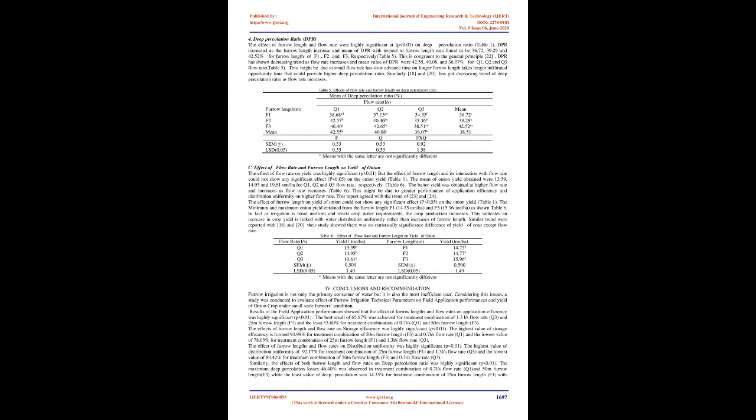4. Conclusions and recommendation. Furrow irrigation is not only the primary consumer of water, but it is also the most inefficient user. Considering these issues, a study was conducted to evaluate the effect of furrow irrigation technical parameters on field application performances and yield of onion crop under small-scale farmers' conditions. Results of the field application performances showed that the effect of furrow lengths and flow rates on application efficiency was highly significant,